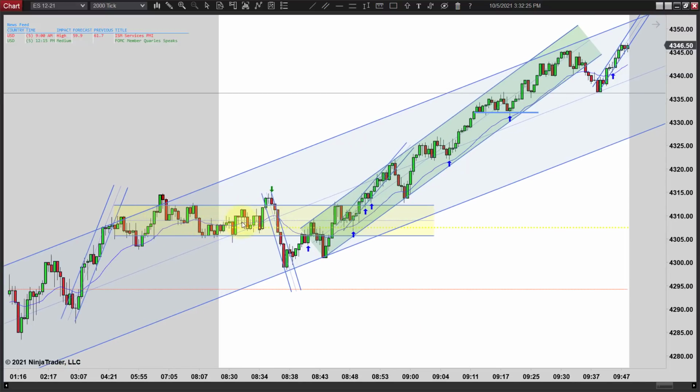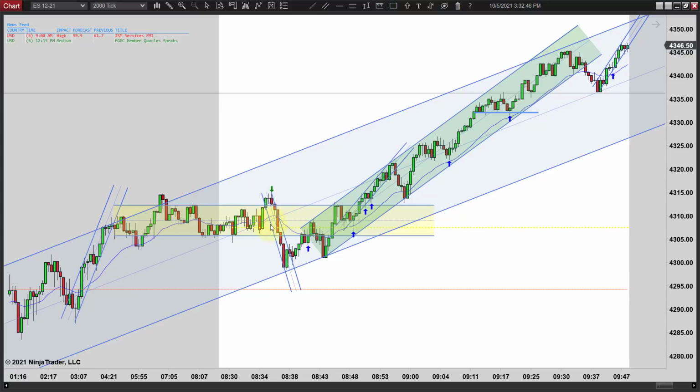But anyway, we're just going sideways here. We're in a range. It's obvious. And you can see how many times we turned down right there. But you don't want to be taking a short yet. There's no reason to go short there. Then we finally come up here and get this little failed breakout, and we make a perfect double top basically, and you get that nice bearish bar. That's the place to go short.